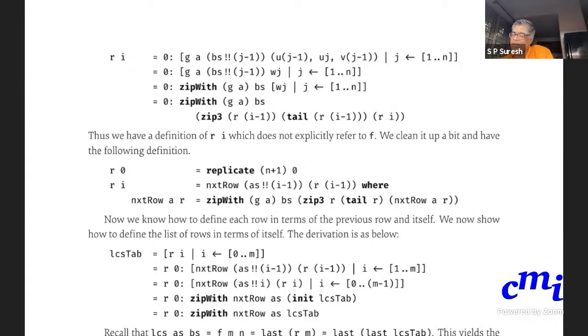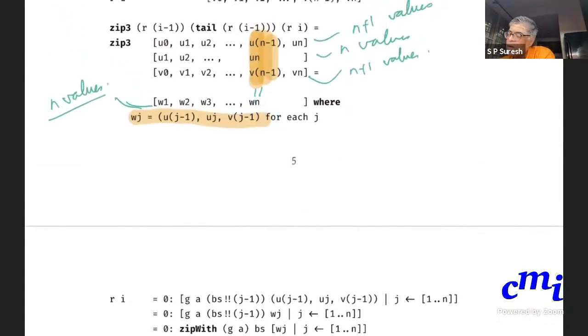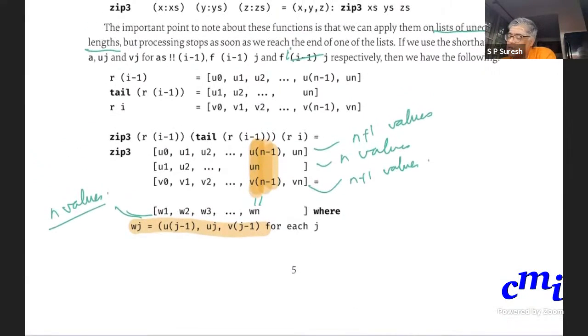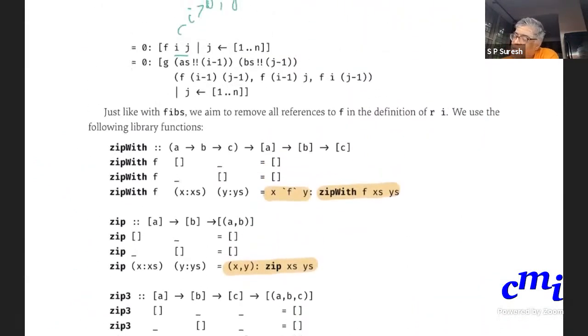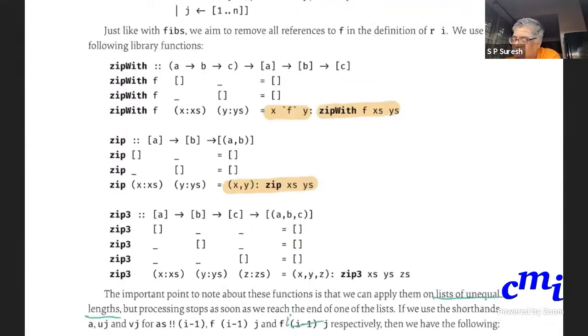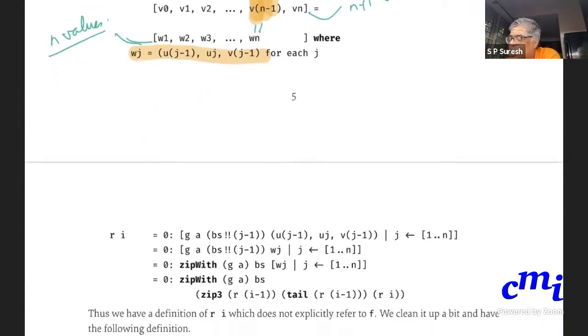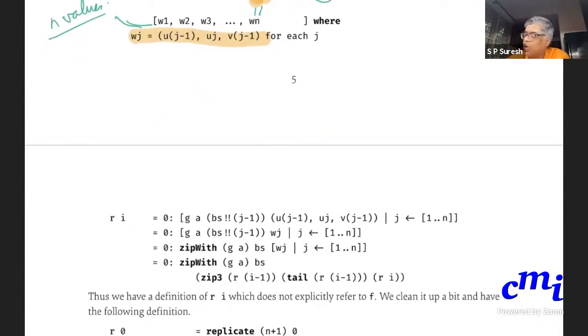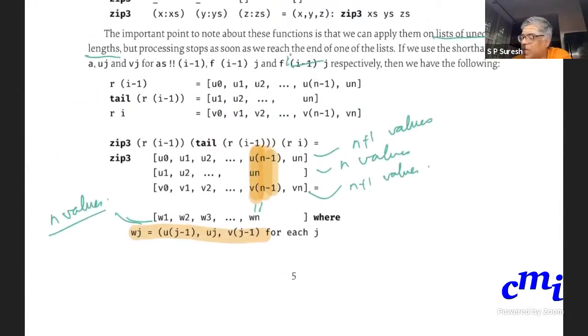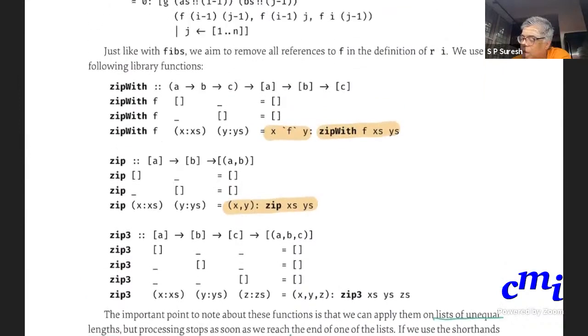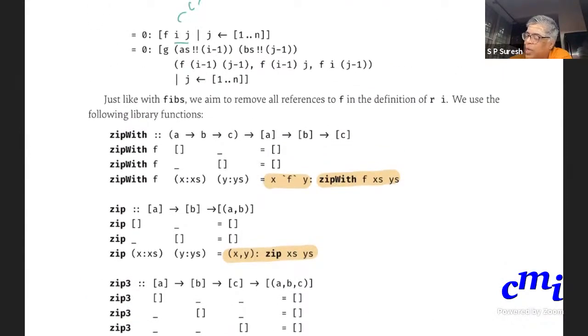So instead of writing it as f of ij, etc., I'm using this shorthand which I have just introduced, the u's and the v's. So u at j minus 1, u at j, v at j minus 1, because that is f of i minus 1 j, f of i minus 1 j minus 1, f of i minus 1 j, f of i j minus 1.